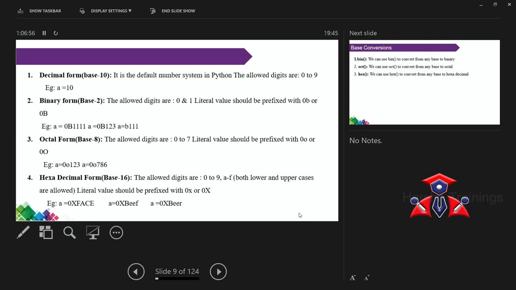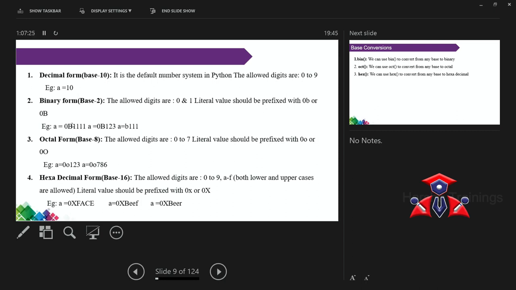So all the numbers 10 to 15 are represented in the form of A to F. Remember, in tomorrow's session, I will show you execution of each and everything. Along with 0o and 0x, for easy identification, binary numbers are also prefixed with 0b. Got my point? Hexadecimal alphabets A to F are very simple.